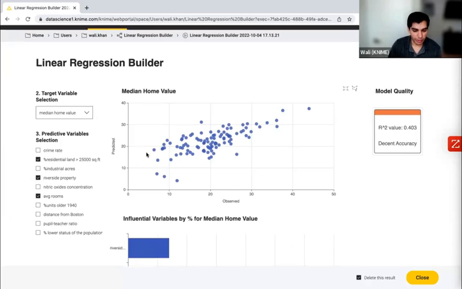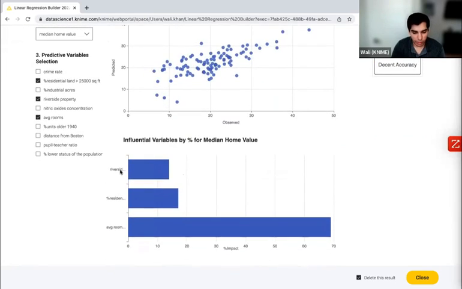Your analyst will be able to see the number of observed values versus the predicted values, and maybe this looks a little linear to you. Your analyst will also be able to come in here, or you, if you're the analyst, will be able to say, okay, which variable influences the home value the most? In this case, it's the average number of rooms. Intuitively, that makes sense to people, maybe who are looking for a house, the more rooms it has, usually the